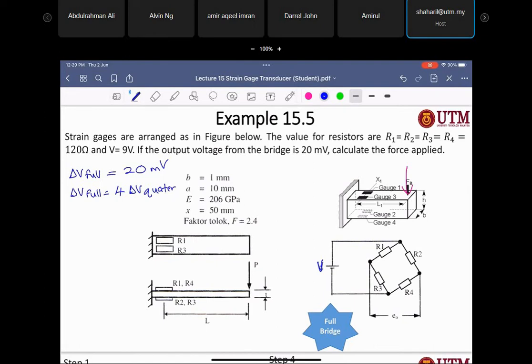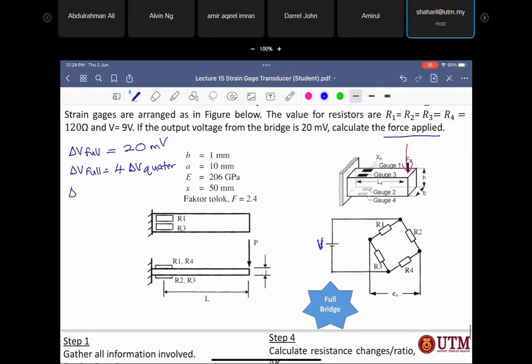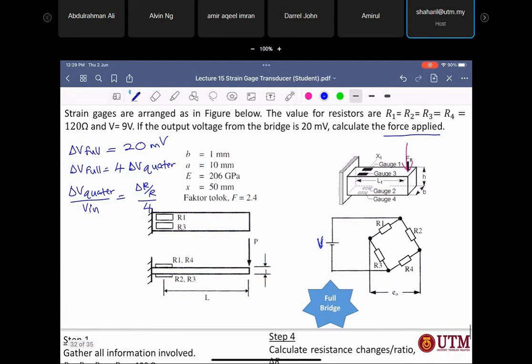Alright, so that's it. The question asks you to calculate the force applied. From this one we can know that delta V quarter over V in. V in is given to you as 9 volts, so it equals delta R over 4. Okay, done. Because this one is the bending load cell, we have the formula for the bending load cell